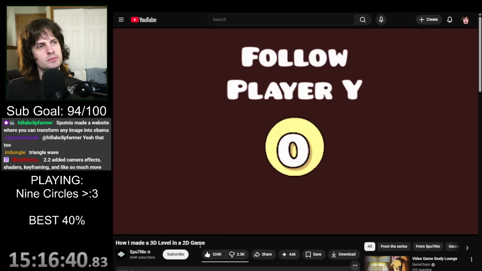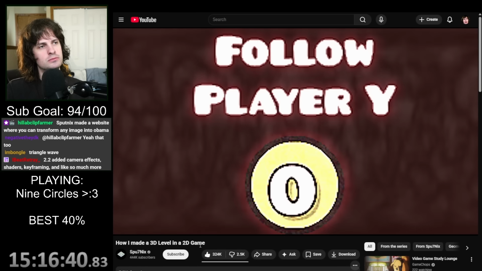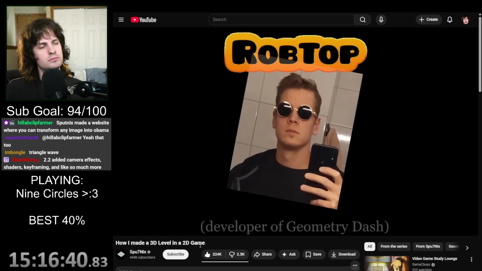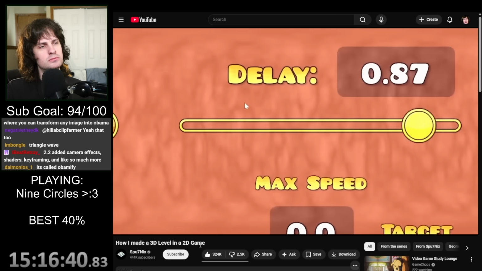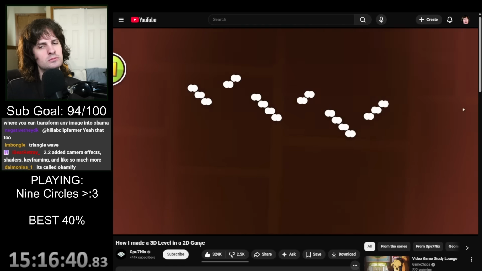And it was almost perfect. But for some ungodly reason, RobTop decided to arbitrarily hard limit this delay to 0.01 seconds, which is still too imprecise. So instead,